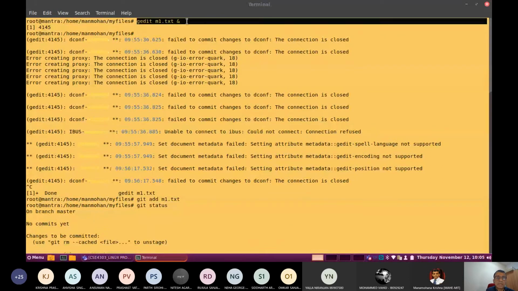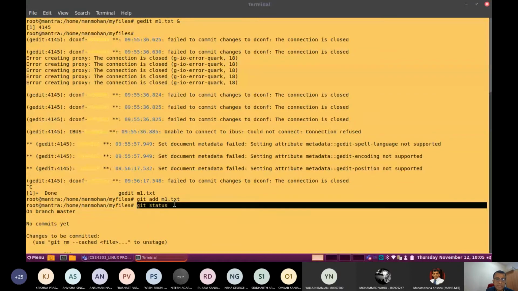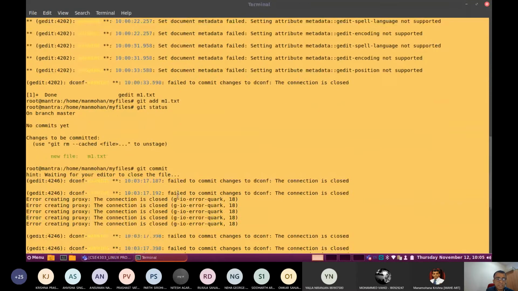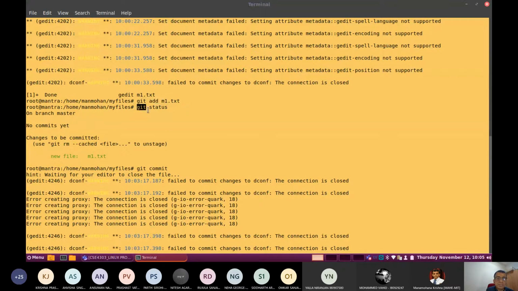Then again, going through the history of the different commands you worked with here: editing one particular file in the background, how to add the file to the staging area, then finding the git status. Once you do some modification, if you want to commit it, you have to get it to the staging area. Otherwise, it will not be saved. At any time you can find out the status of your Git repository with the git status command. Try to interpret the messages properly by reading them.